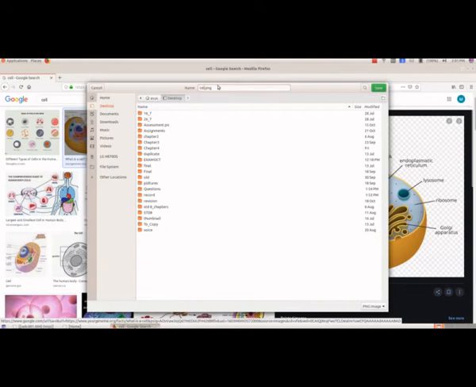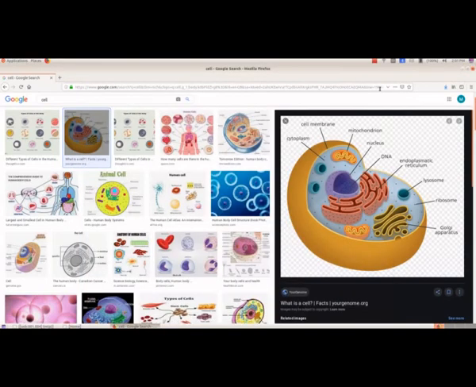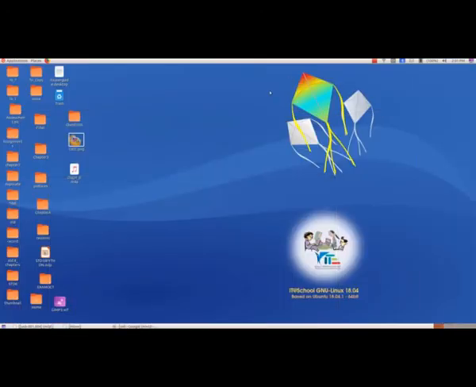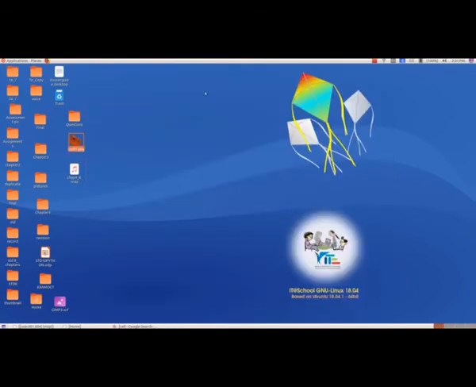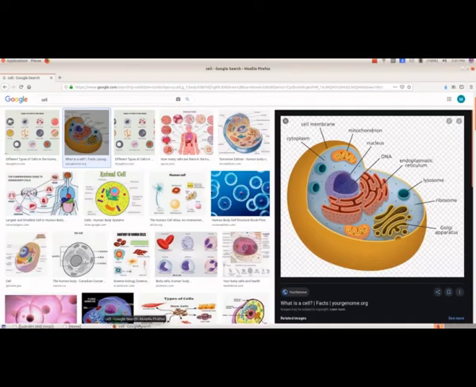And here you can give the name. I am giving the name as cell 1. Then save. And we will see whether we have saved that. Here we have that picture. So we have saved that picture.